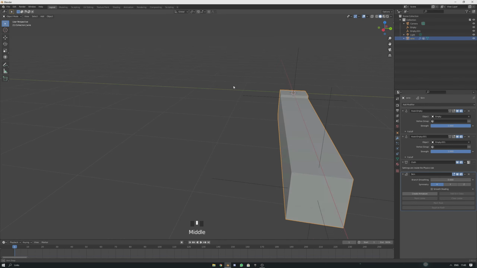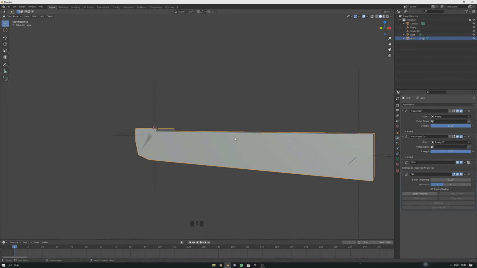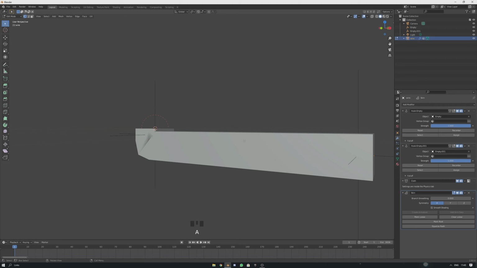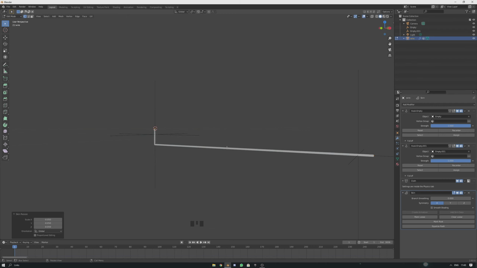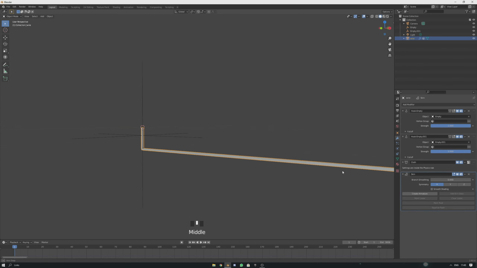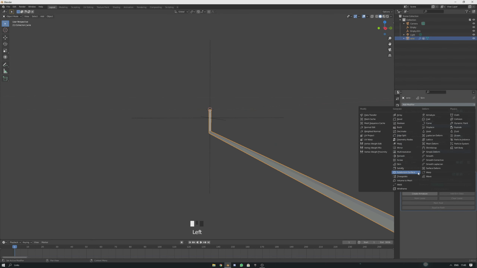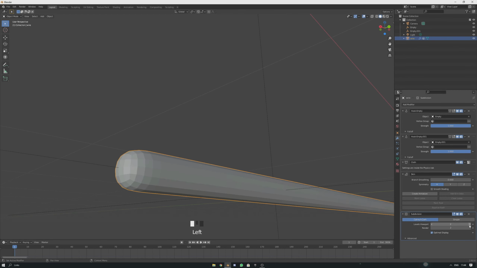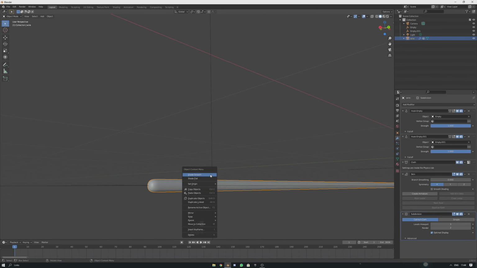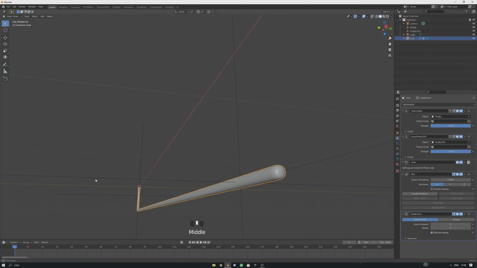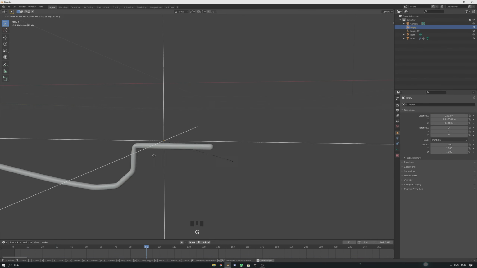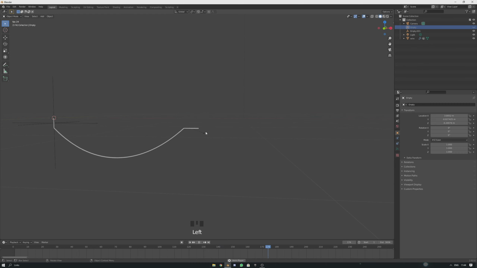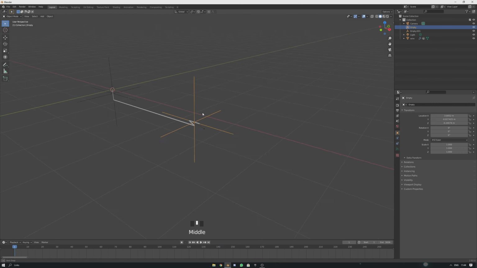Now it looks weird, I know. So tab into edit mode, click A and go Control A. That will make your wires thinner. So something about that looks good to me. We might as well add in a subdivision surface to make the wire more, well, let's say wire-like, right? So now that we have done that, we could play and we got a nice simulating wire. You could animate this with auto keyframes and whatnot. But yeah, that's the video.